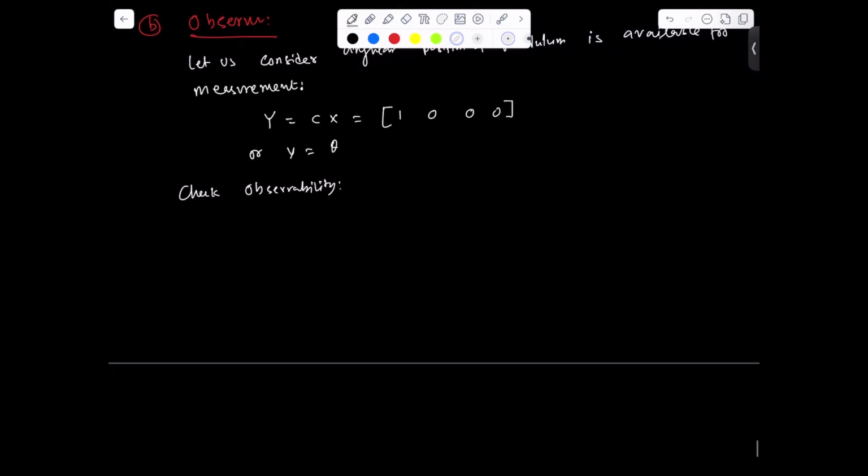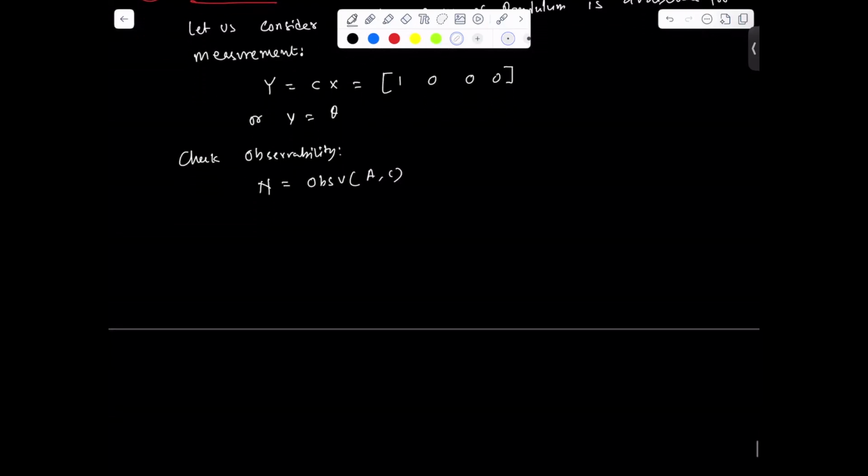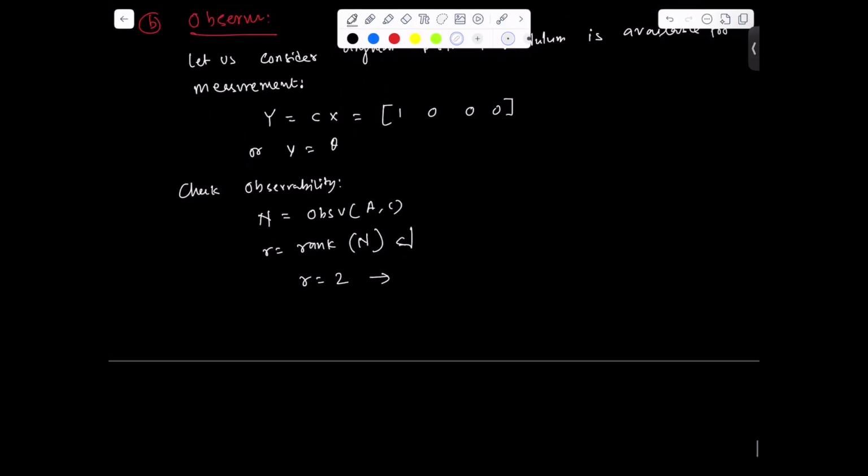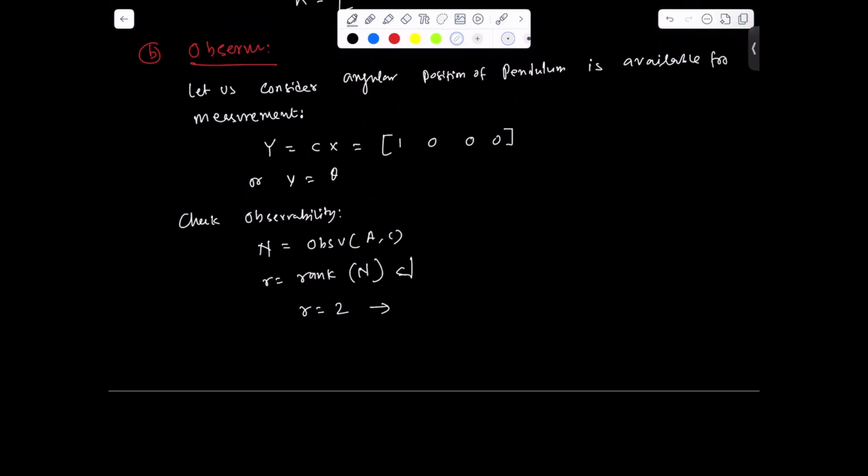So we can use the command. We need to find the N matrix, right? The N matrix you can find with obsv(A, C). And if you find the rank of N, we get R equal to 2. So it means if you consider our C matrix in this structure, the system is not observable. So the plant is not